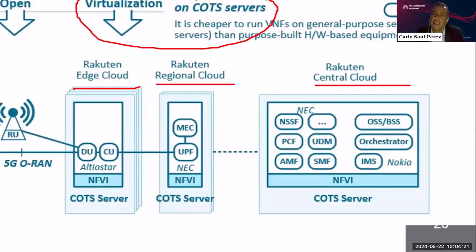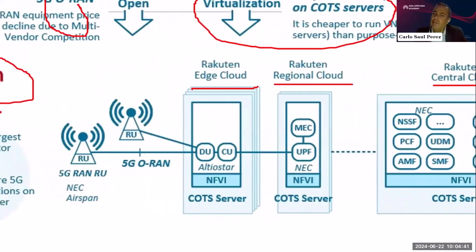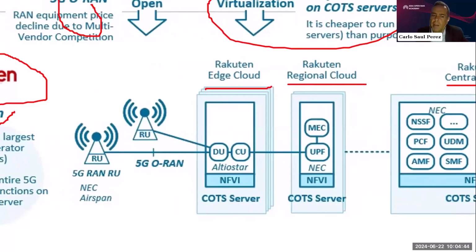It is a proprietary cloud developed by Rakuten with their team, working together, for example in this case with Nokia, for this central cloud. As you can see here, all the functionalities that we saw in the core part are located here in the proprietary cloud of Rakuten. You have something like a regional cloud, putting some functionality, in this case for example user plane functionalities and the MEC, deployed in this server, using the principle of cloud.